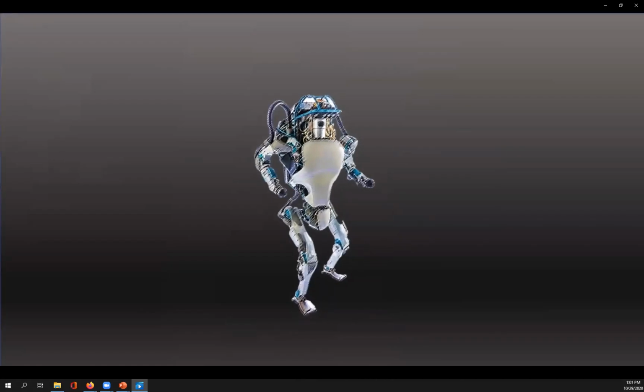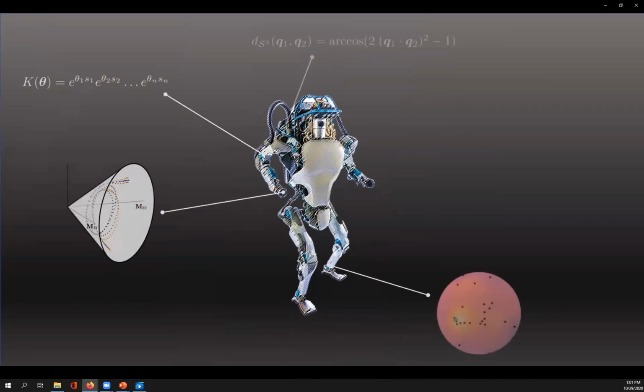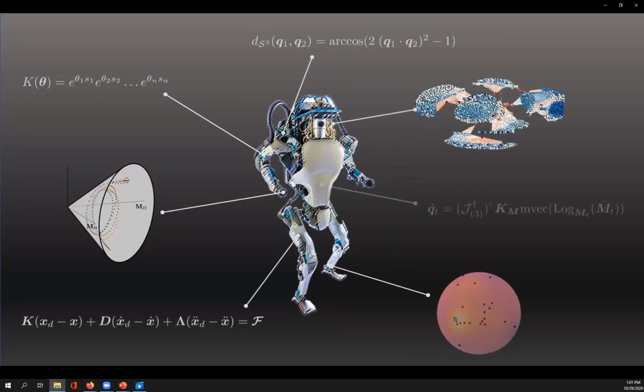Robots are required to react to new situations, act in unstructured environments, and overcome uncertainty, which involves outstanding adaptation capabilities that rely on a harmonic interplay among planning, control, and learning. For success, a key ingredient is to empower algorithms by considering geometry-aware formulations. Geometry is paramount to design robust, stable, and data-efficient methods in robotics. This is the topic of this workshop, and we are excited to have experts in different fields to discuss the importance of geometry in robotics,